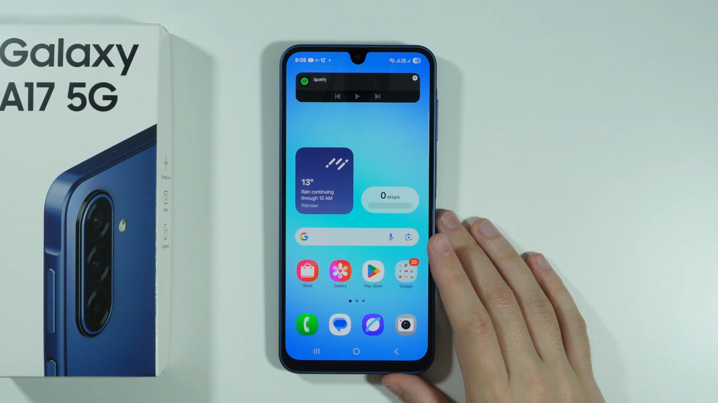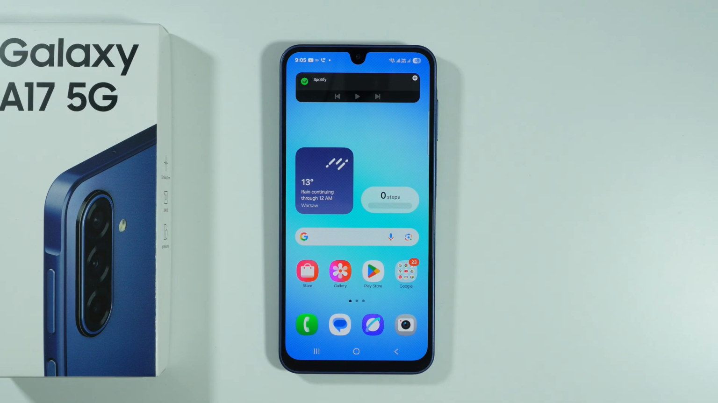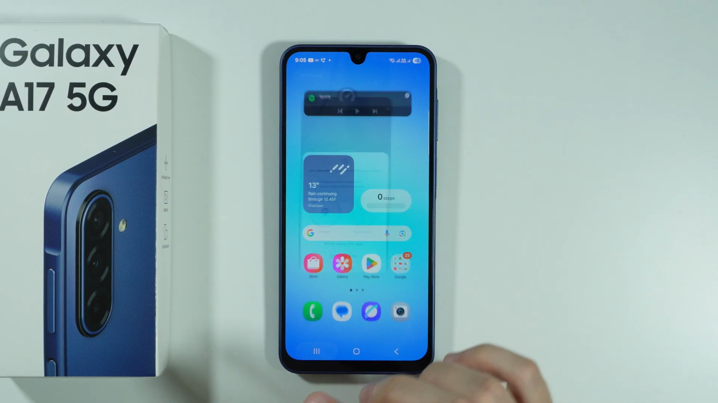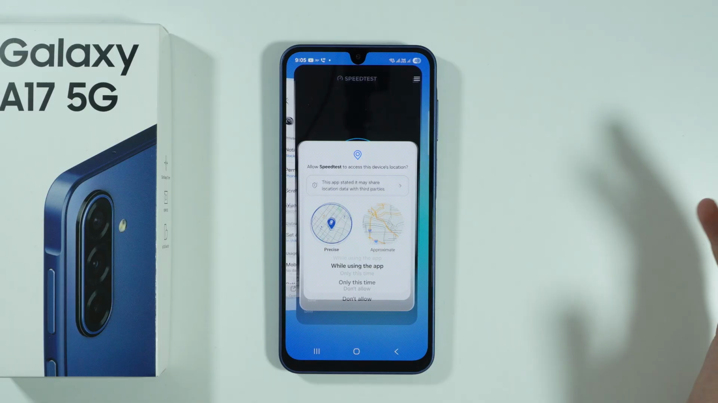Besides that, if we have a hidden app, there is a chance that it is still running in background apps. So you can open the background apps, and if it's still running, then of course you can just open it